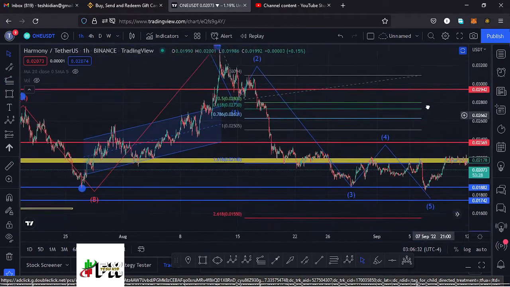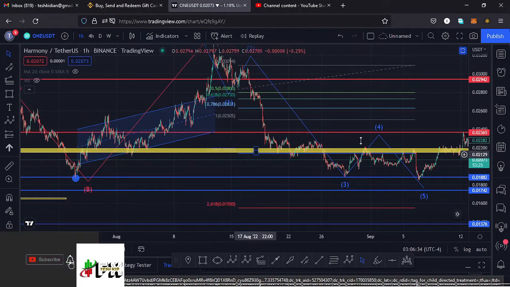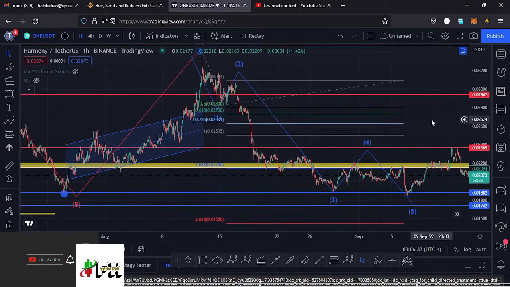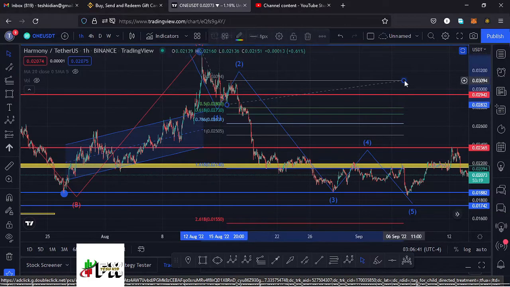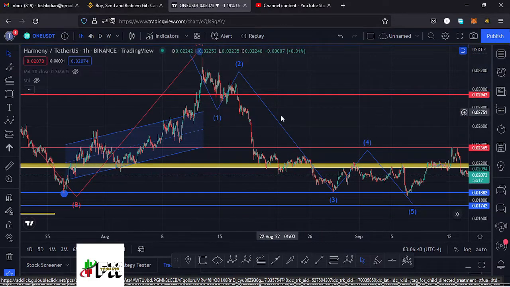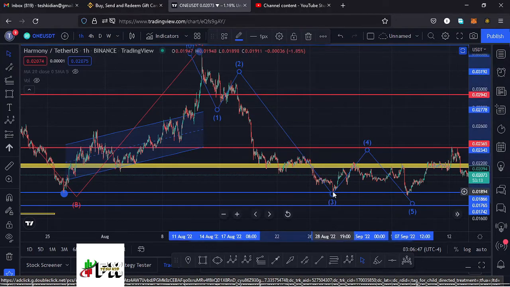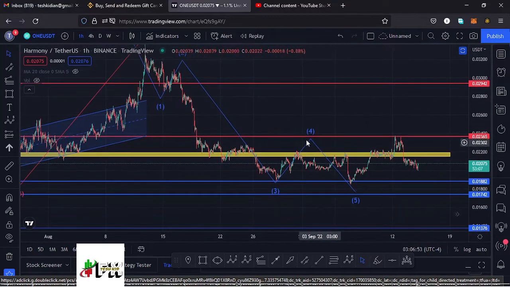That gives me a minimum target area for that third wave to the lower side at the fib level 1.618, and that is at around the $0.021 mark. And you can see Harmony One respected that. We came down and made our low for that third wave to the lower side at around the $0.018 mark, then saw a very nice movement to the upside in the formation of a wave 4,